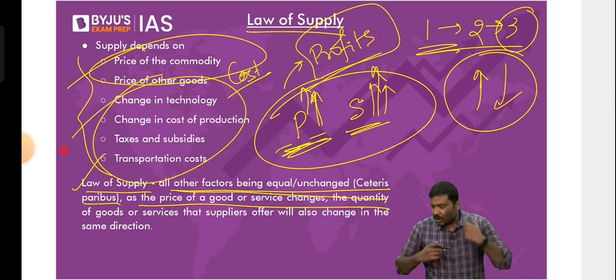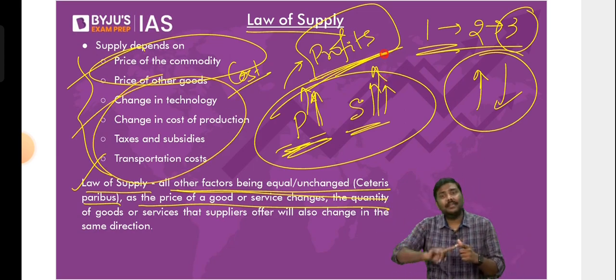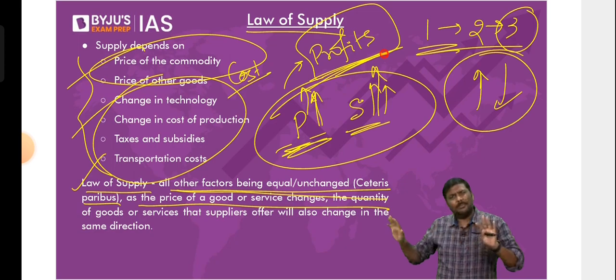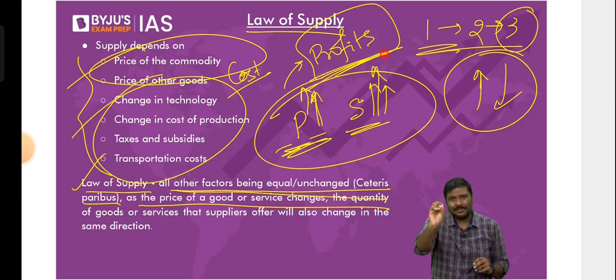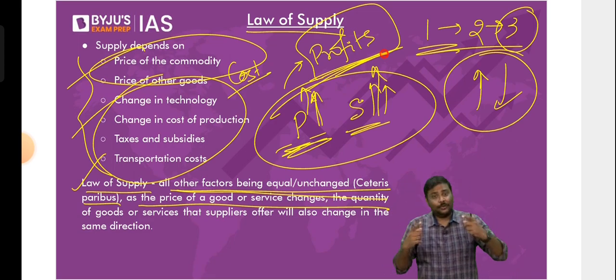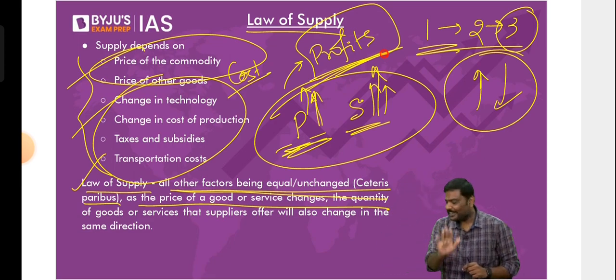Your profits are increasing. In order to earn more and more profits, you basically start supplying more and more. Right? So far, so good. Any issue so far? Let me know. Any problems related to law of demand and law of supply? Don't complicate things. Don't say, sir, demand and supply both are not mixing. I'll come to that. Just give me some time. Individually, any problem with only law of demand and only law of supply? If you combine both of them, I'll discuss that in a later slide. That's the reason I'm saying, wait, I'll discuss that also.